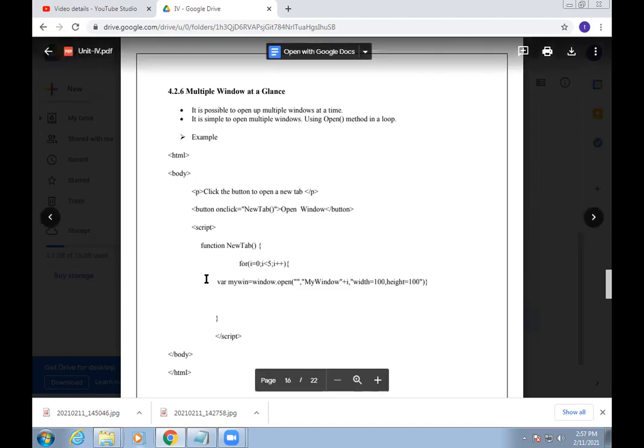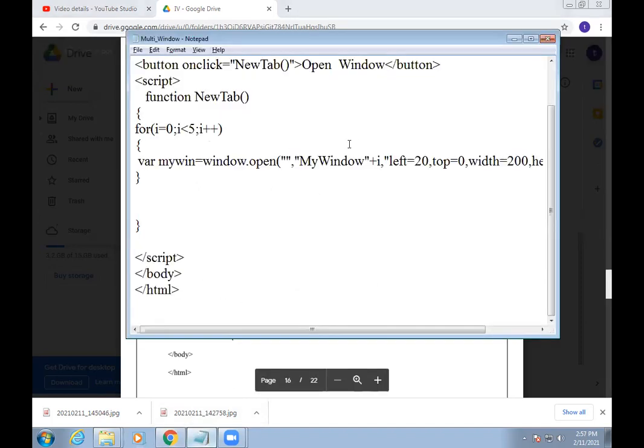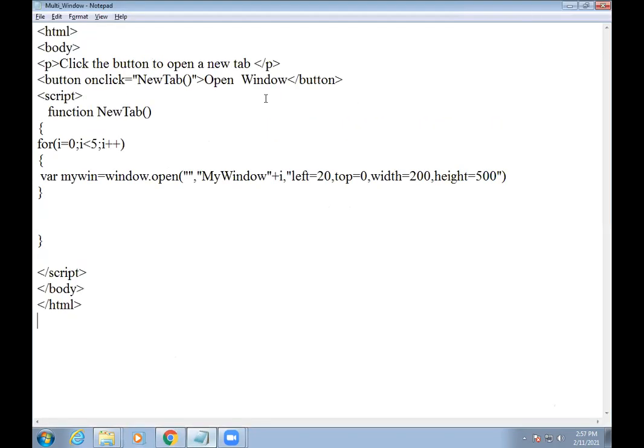So you can see here, I just open a notepad. It's simple HTML, I put the HTML code here. An HTML open tag, then body, and then I put some paragraph so you understand. We use a simple button here, and using that button we will put the multiple window opening function. We give the button an onclick function, and using onclick we mention our function name.